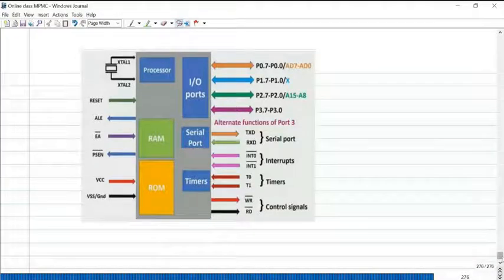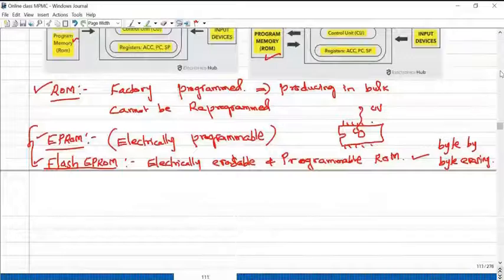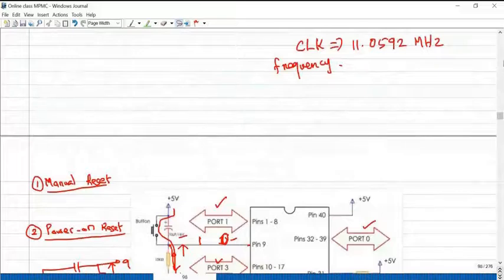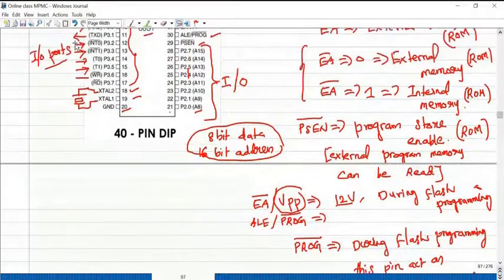Okay. So what is the pin number for this? P3.4, P3.5. T0 input is P3.4. T1 input is P3.5. Okay. So only these two pins are used for counters. If you are using counter 0, then T0. If you are using counter 1, then T1, that is P3.5.